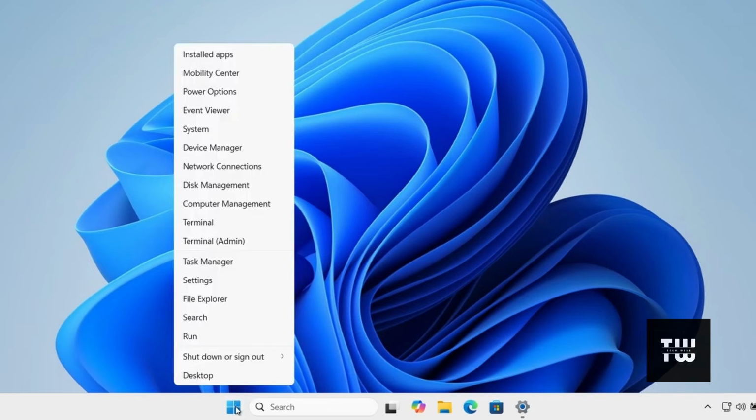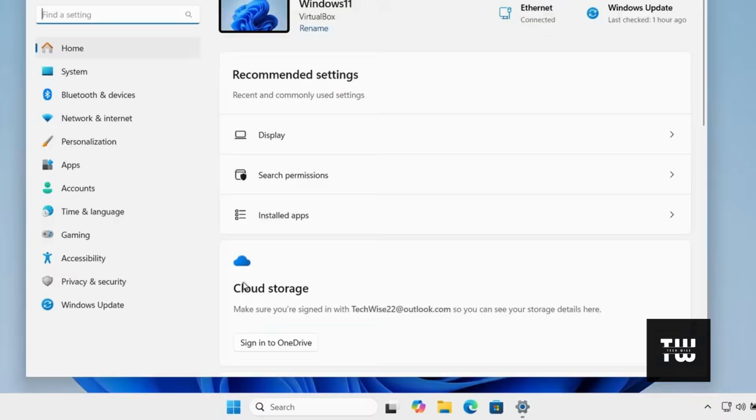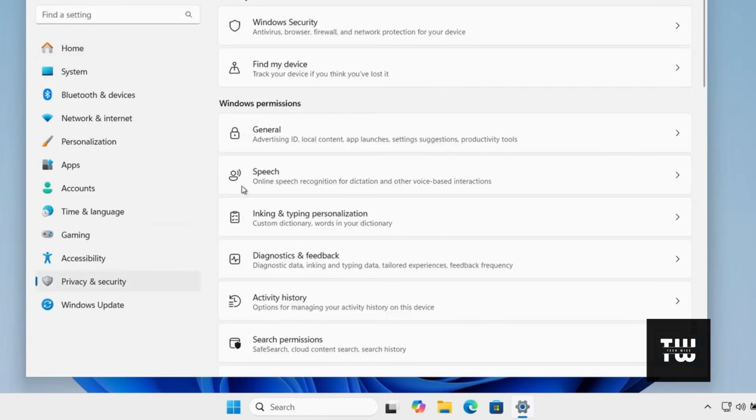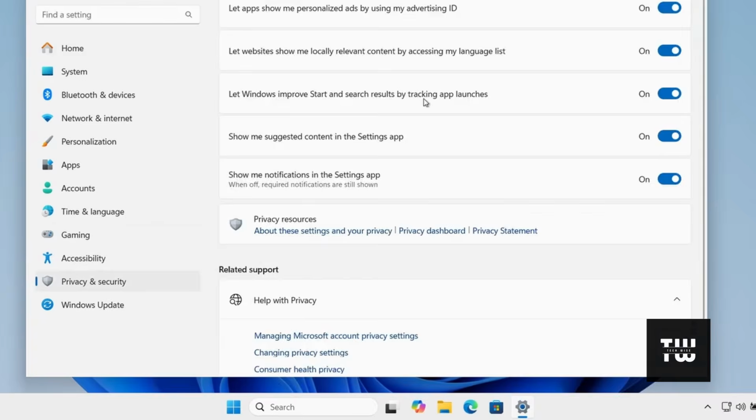Right-click on the Windows icon and let's select Settings. Click on Privacy and Security from the left menu. Click on General and here disable all permissions. Go back